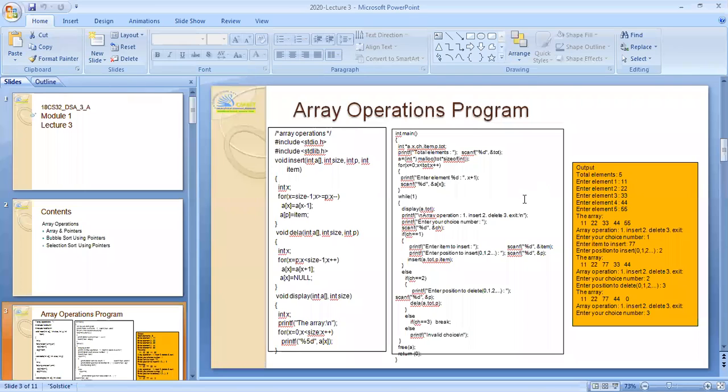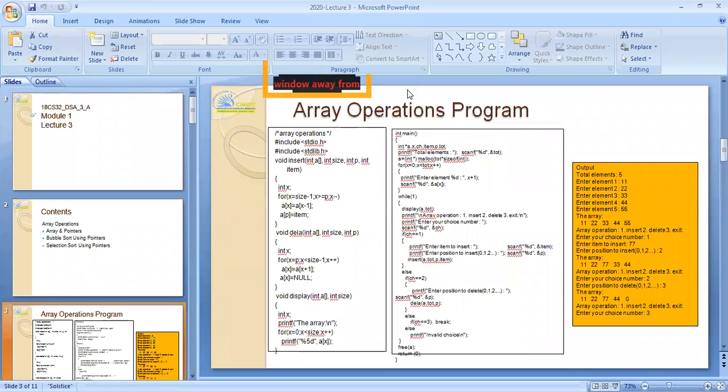Arrays and pointers. Where you come across the word pointer, what will the pointer consist of? A pointer will consist of the address of another variable. Which is the variable? Now we consider the array as the variable. An array may take n number of values, and all these values will be stored. Each value will have an address, and that address will be stored in the pointer variable.